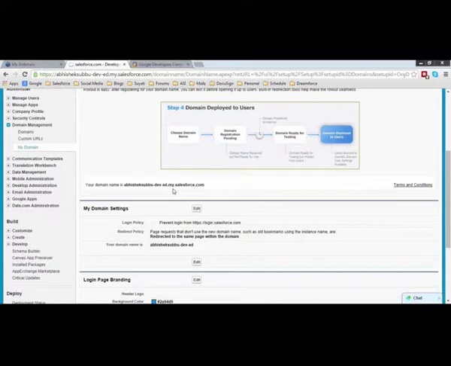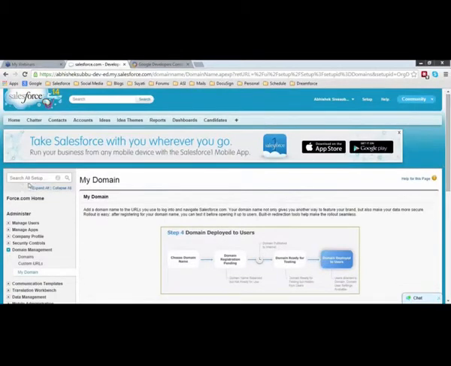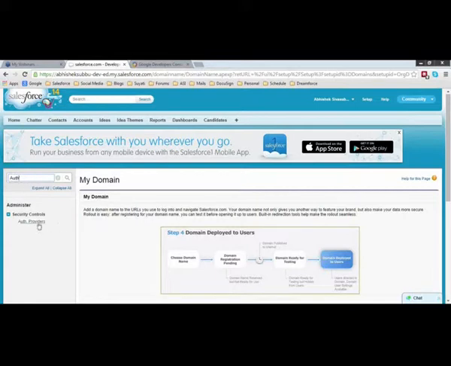This is a very odd-looking URL, mainly because I'm using a free developer edition. But if it is your enterprise edition, you should be able to set your domain URLs as per your will and wish. Okay, so once you make sure that you have the domain URL set here, the next thing to configure is your auth providers, which is your identity provider. So you just need to go into that search bar again and search for auth providers. Type in auth and select Auth Providers.